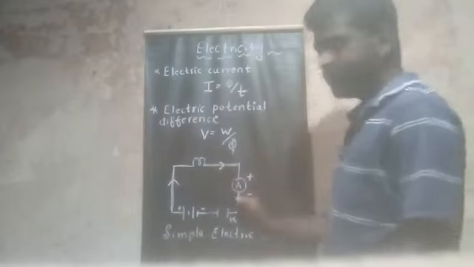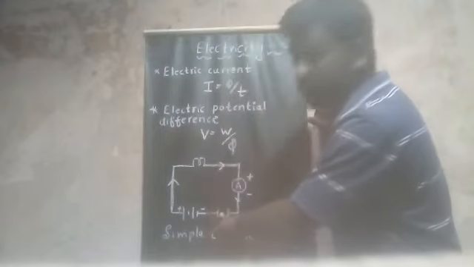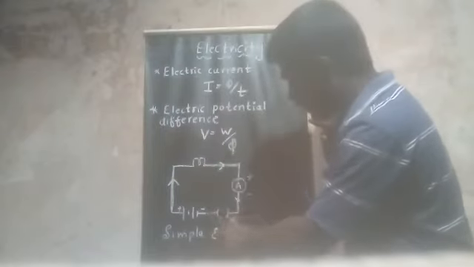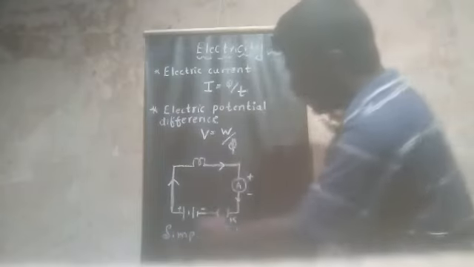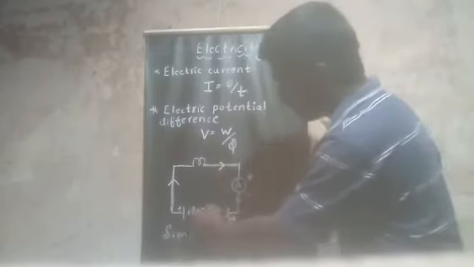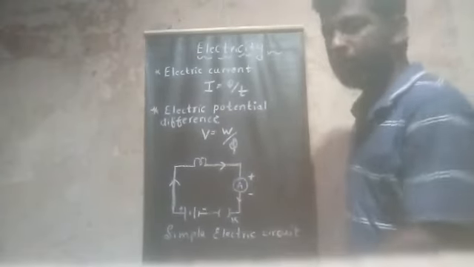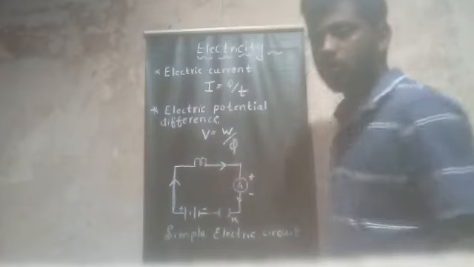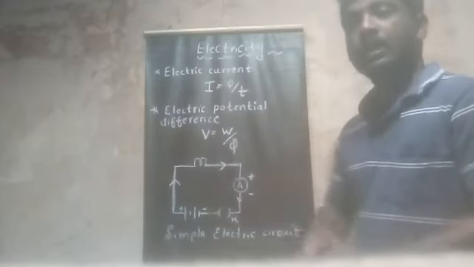Suppose I turn off the key, then the circuit will break here. The switch is off means this circuit will be broken, then the current which is flowing will be stopped. That's why the bulb will not glow. Whenever I turn on the switch, the bulb will glow. If I turn off the switch, the bulb will not glow, because there is a breakage in the